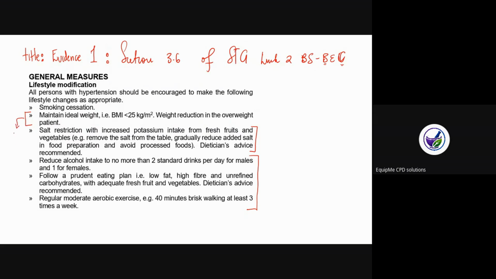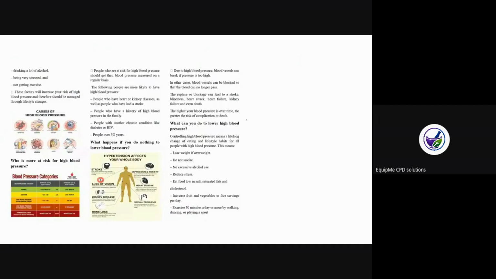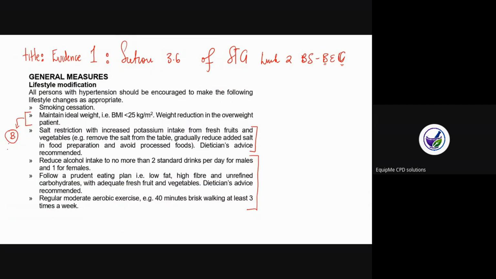So how can I link this? Maybe let's say I link this with behavior statement B. Why am I linking it with behavior statement B? Because behavior statement B is about disease prevention and control. But how is this linked with behavior statement B? Maybe during the training, I included a scale so patients were able to weigh themselves and measure their height, and then I give them their BMI. And then I explained to the assessor that this section of the standard treatment guideline requires that normal, ideal weight is less than 25 kg per meter squared.